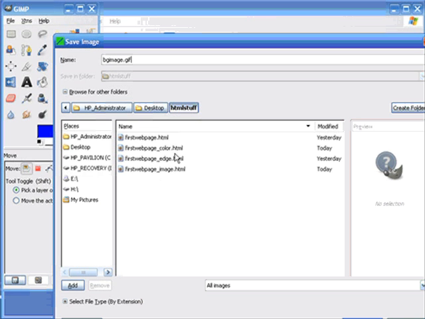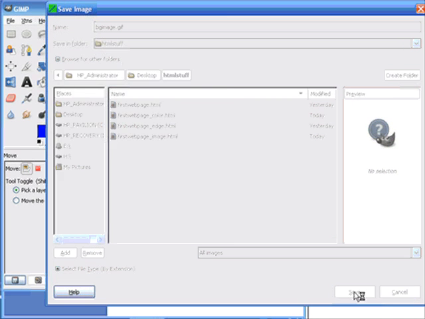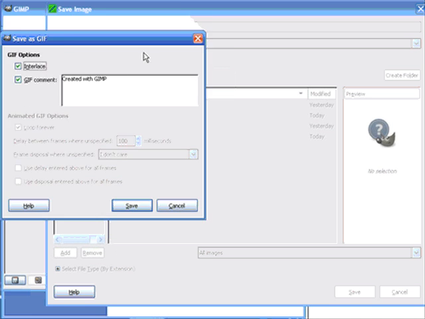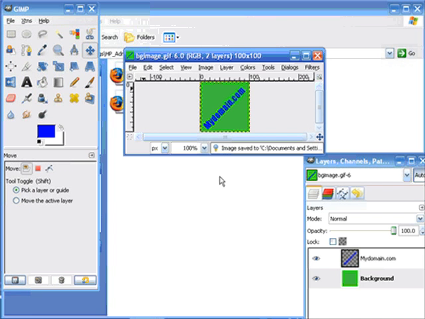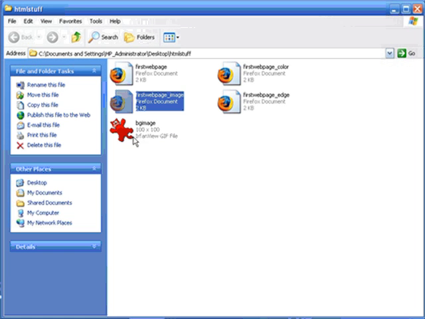I'm going to save it in the same folder just for ease of purposes, and that way, if we were doing this for real, then we just upload that folder and everything would be cool. Otherwise, you need the actual URL, but I'm getting ahead of myself. Anyway, let's pull this up here. Click on Save and Export and Save. Okay, good to go. Now let's get this out of the way here. We're going to need that again in a second. Not that particular one, but we'll leave the GIMP open. So here's our image, and I've got it set up on my desktop here,